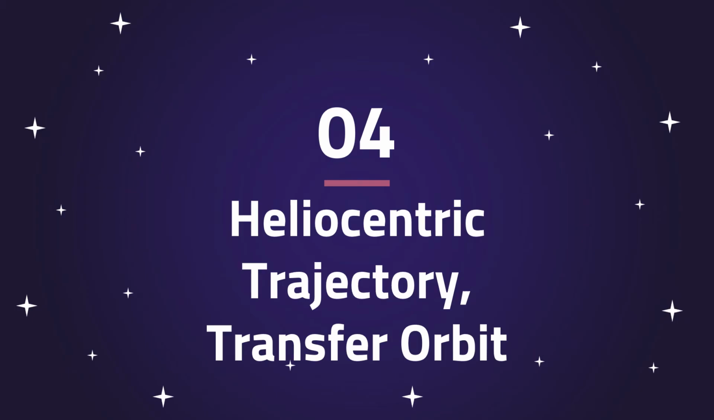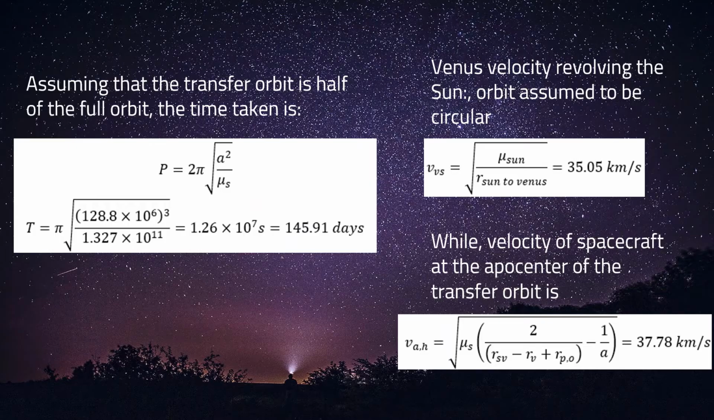The fourth part, heliocentric trajectory, the transfer orbit. Assuming that only half of the full transfer orbit is completed, the time taken is t equals 1.26 times 10 to the power of 7 seconds, or equals 145.91 days. With the assumption of a circular orbit, the Venus velocity revolving around the Sun is 35.05 km per second,